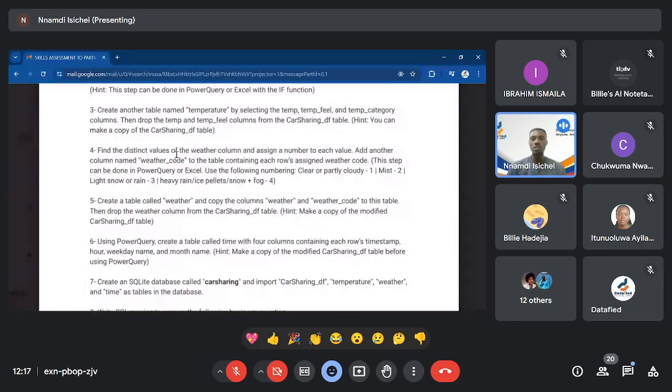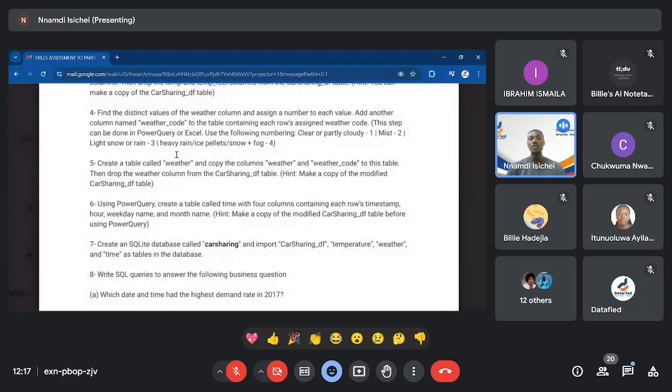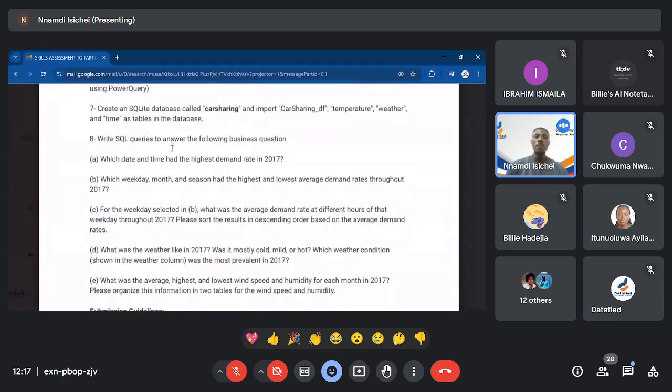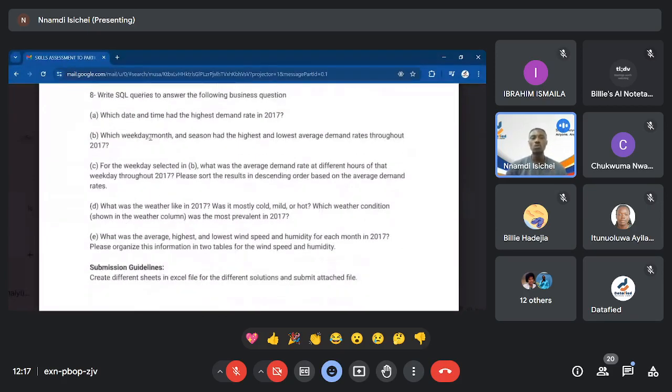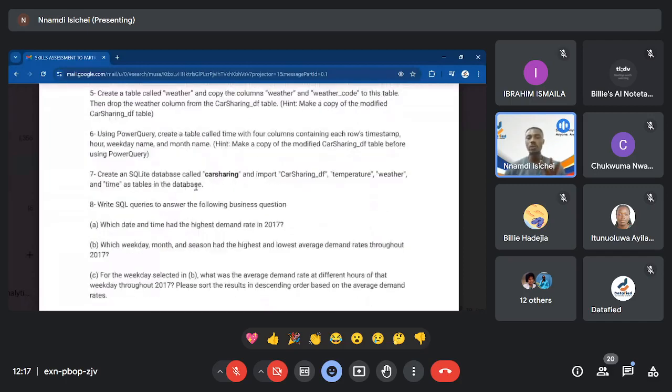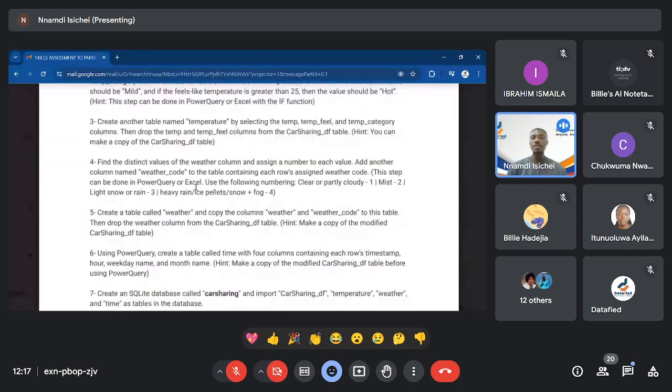Create the tables and then go ahead and create a database. After you've created the database using any management system that is suitable to you, the next step will be to write queries that answer the questions listed here. We have just 5 questions, and these tasks are very simple. For any data analyst at intermediate level, a day should be enough to complete these tasks. Just one day.